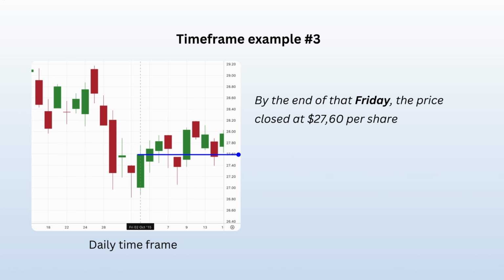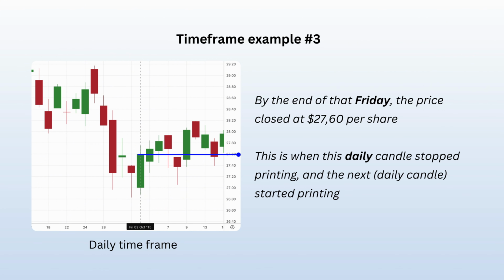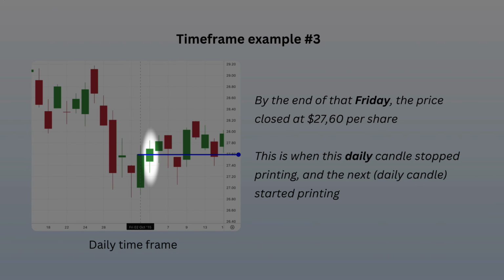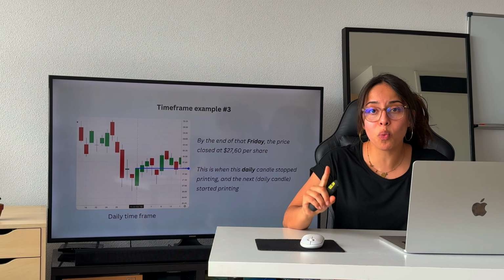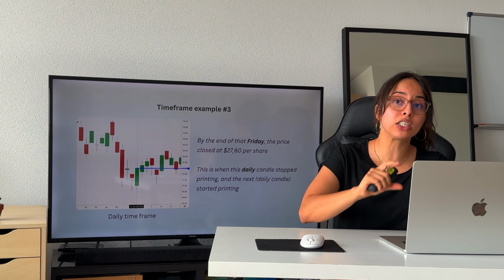And by the end of that same Friday, the price closed at $27.60 per share, where the closing price is higher than the opening price, therefore closing as a long-bodied green bullish candlestick. And this is when this daily candlestick stopped printing at the end of Friday. And that's when the next daily candle started printing. So in this specific case, you have to wait 1 full day for a new candlestick to start showing up